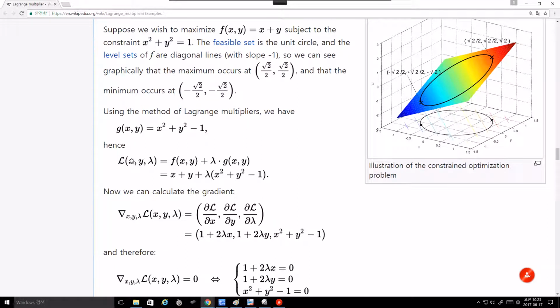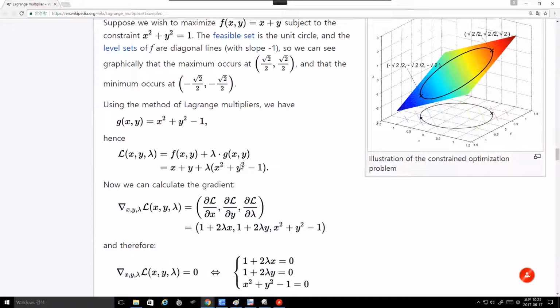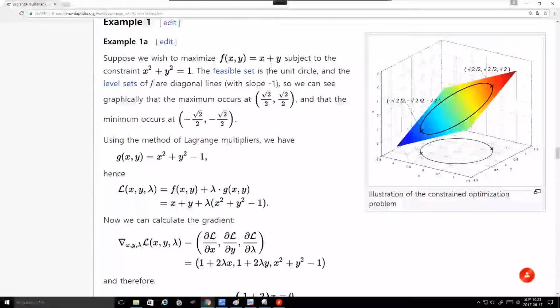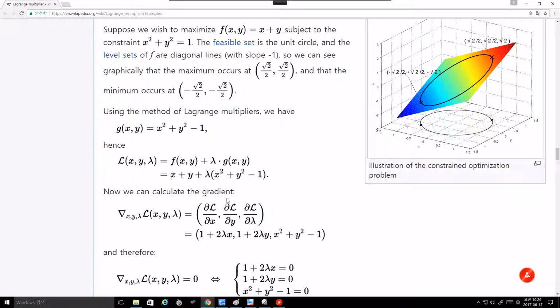So the Lagrangian of x, y, lambda is f(x, y) plus lambda g(x, y), and f(x, y) is x plus y, the same as here. So x plus y, plus lambda times (x squared plus y squared minus 1). Now we calculate the gradient, so del of the Lagrangian with respect to x, y, lambda,